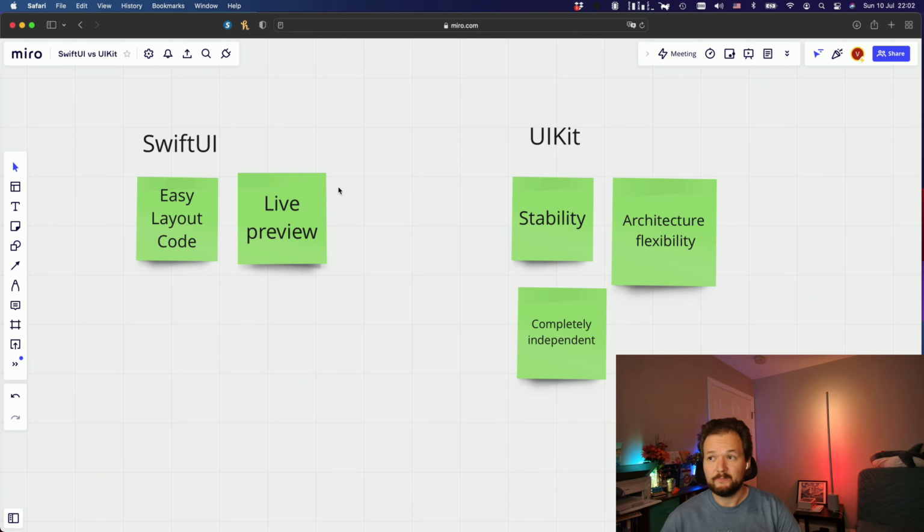For example, as I said again, in SwiftUI we already have like a micro architecture, right? Reactive architecture. In UIKit it's different. You have delegates. You have a little bit different way to structure your code. So, my suggestion is to learn both of them,